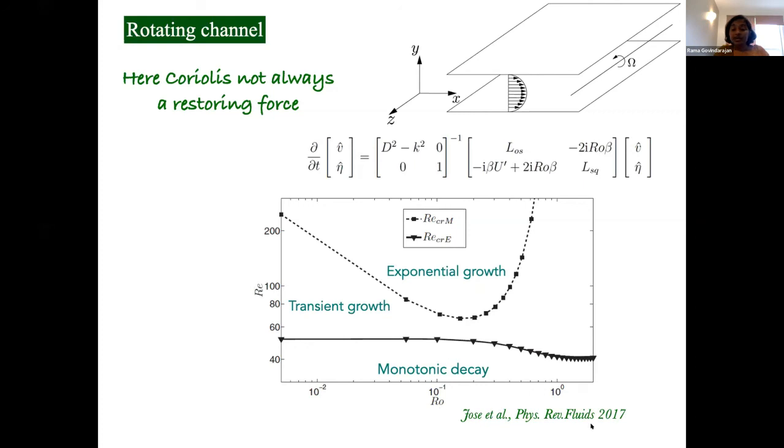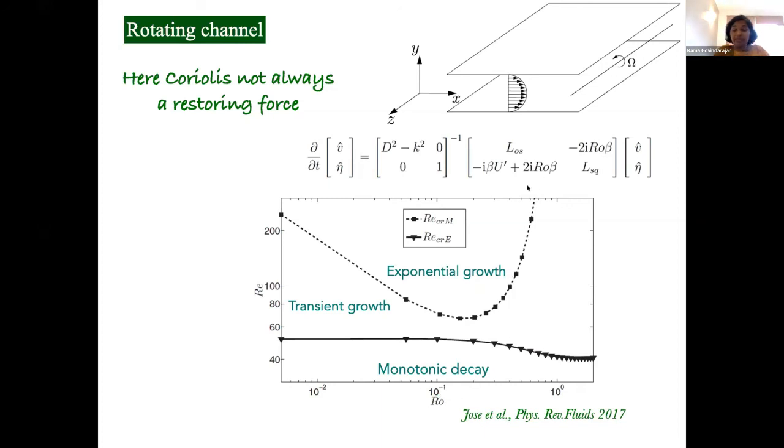This was a paper written by Jose and some of us some years ago. I think Jose is in the audience. Here, you can think of a pressure-driven channel sitting on a rotating table. I mean, all channels are sitting on the rotating Earth, but we don't feel that rotation so much because the Rossby number is too large. But in this case, you can feel it if you're sitting on a rotating table. So that is the geometry we're considering, and at high Rossby numbers,